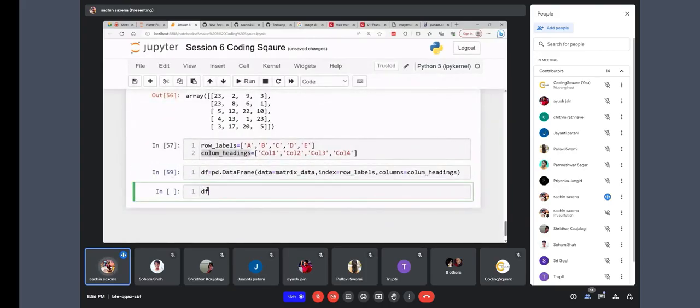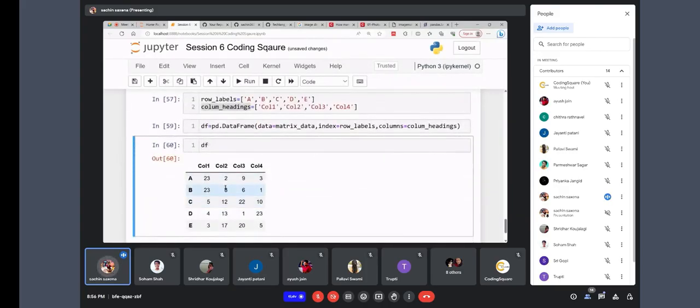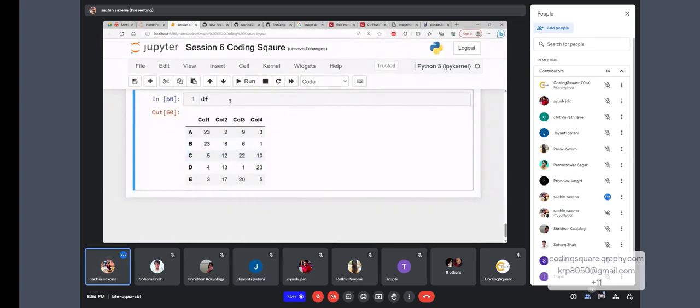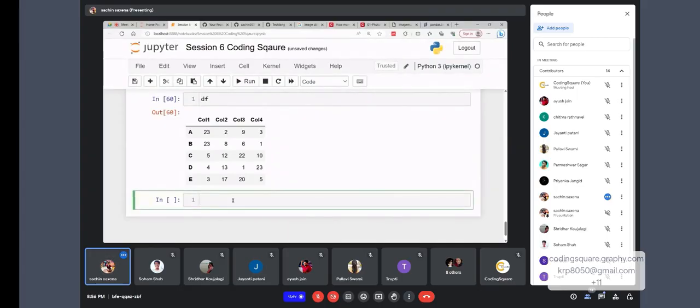So if I run this DF, can you see this is the actual data set here. The data frame looks like column 1, column 2, column 3, column 4, and the respective values are here. Can you see this one? If we have DF 3 is equal to